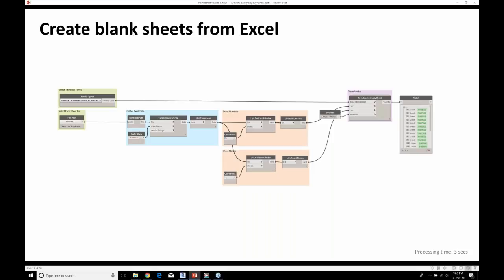You know, people start modeling, you're doing your early design, and then at some stage later, the sheets are created, and unless you're doing a repetitive tower, which I guess you may or may not be doing in San Francisco, then there's going to be lots of variations and exceptions to the rule. So I find it's actually much easier to just create blank sheets and then let the team assign the views to them.